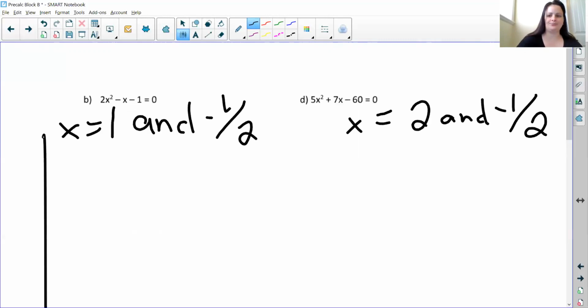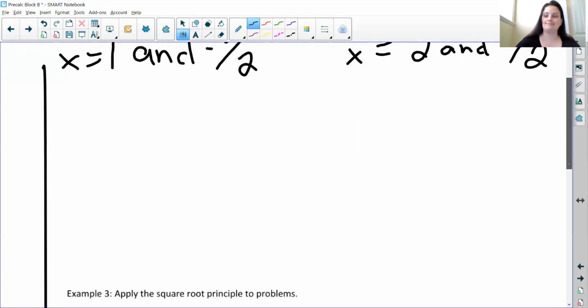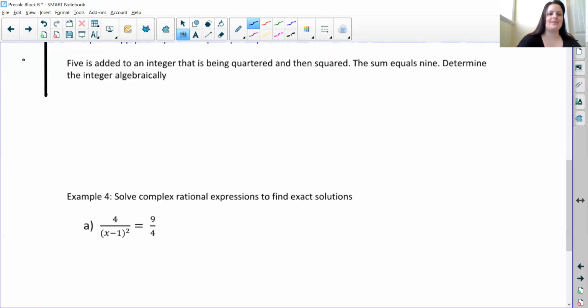So 5 is added to an integer. Let me read this question again, because I kind of lost myself there. 5 is added to an integer that is being quartered and then squared. The sum equals 9. Determine the integer algebraically. So if we let I equal the integer,